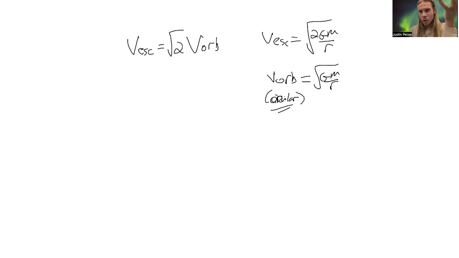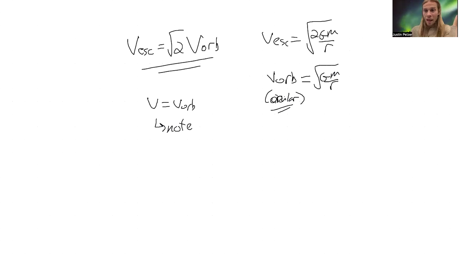That's kind of remarkable. I kind of want to sit with that a little longer, but I'm just going to mention it and say that's a really good thing to know, which means if you're moving at v equals v orbit, you're not escaped because you're in orbit. You haven't left. So if we want to calculate this for the surface of the Earth,